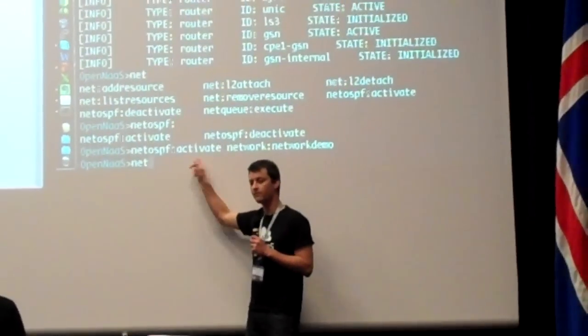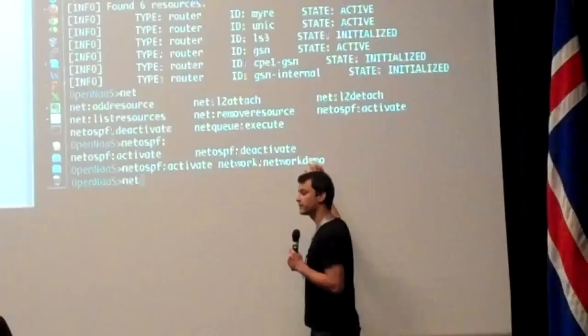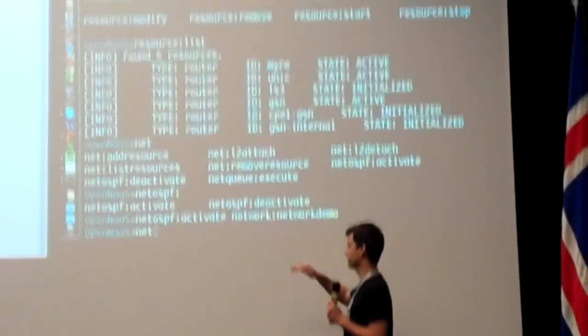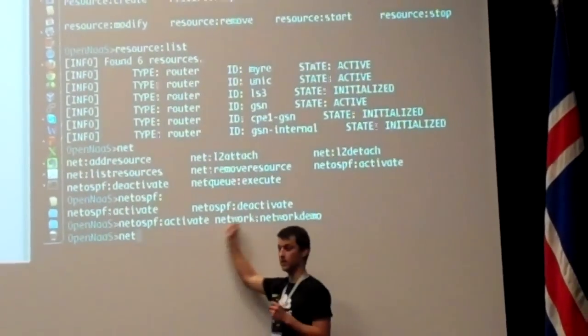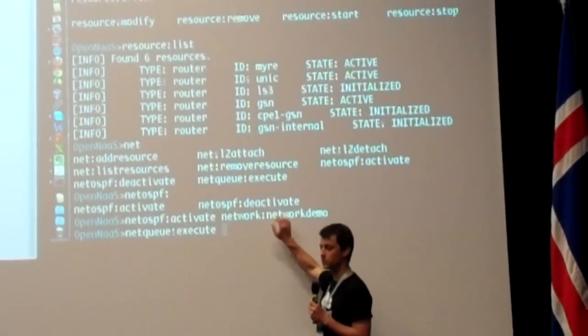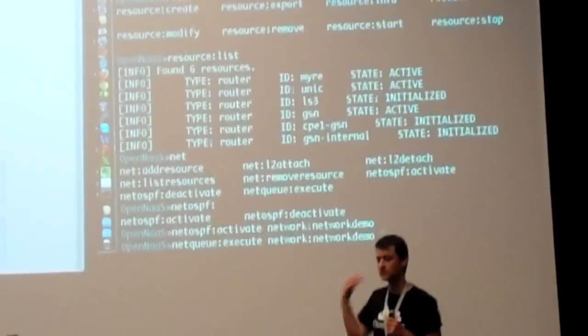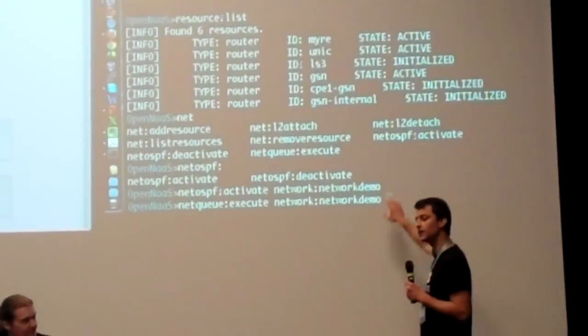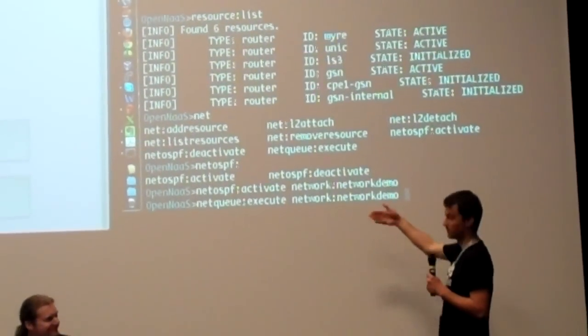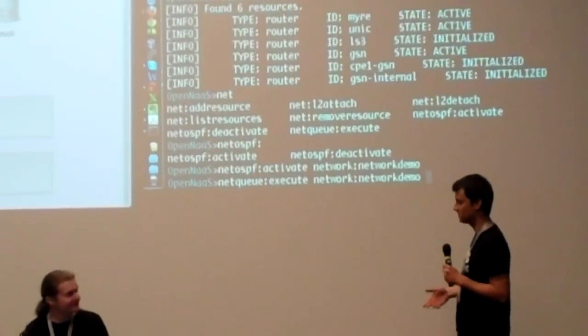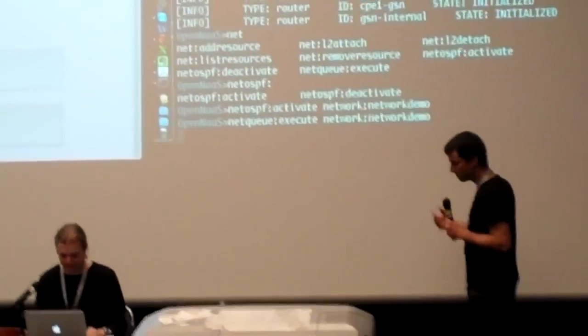and this is the capability that's calling a concrete functionality on this resource. You have seen it's gone very fast, because the only thing it has done right now is to queue an action for activate OSPF on this network resource. On this resource it is queued. So it's not actually activated yet. It's on the queue. So you can queue list or queue execute,